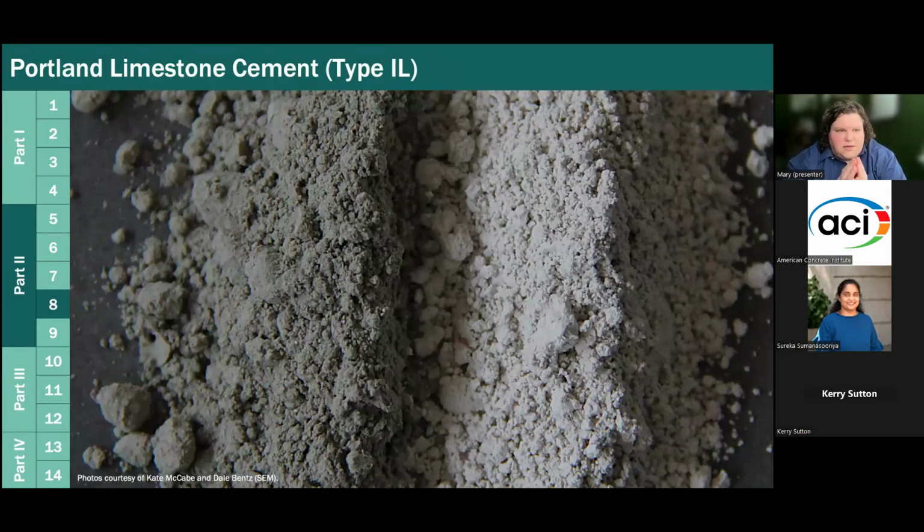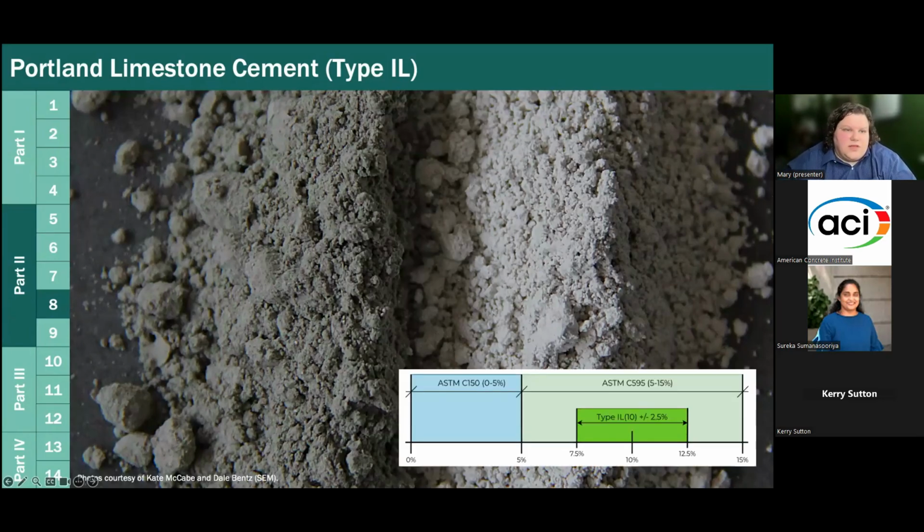Okay, so moving on with those things that can be done at the plant. The second one is this concept of blended cements. Blended cement is when you use fly ash or slag or something that you would include at a ready mix plant. But instead of doing it at the plant and saying, I'm going to put 500 pounds of cement in and 100 pounds of fly ash in, you buy it pre-mixed from the cement plant. There's a whole bunch of different blended cements out there, but two that we specifically look at in this document are Portland limestone cement, or type 1L, which is Portland cement that just has an additional amount of limestone in it.